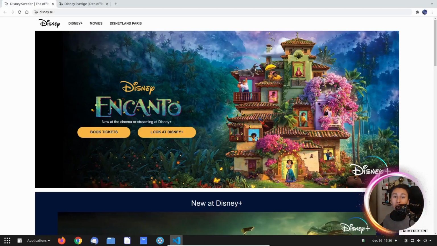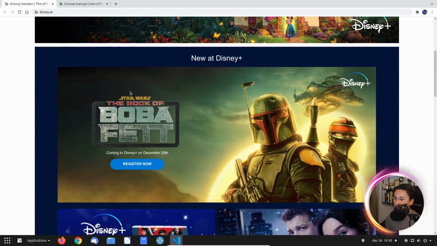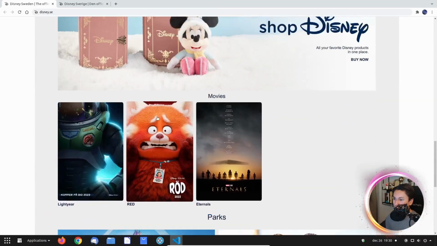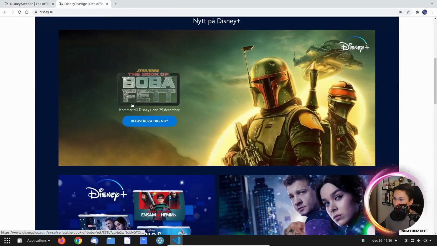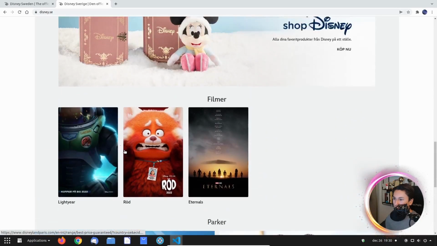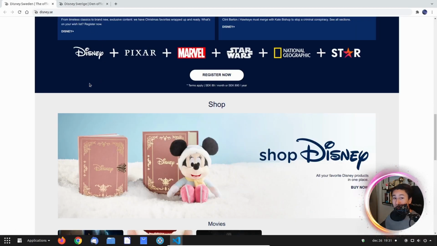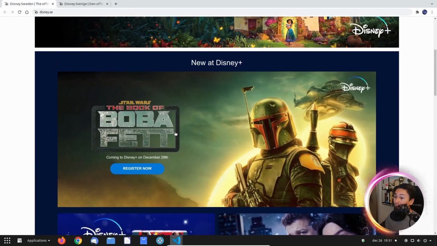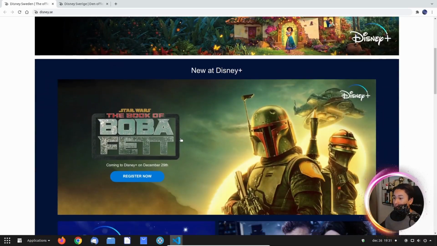Hello there. I have made a Disney.com landing page clone only using pure CSS and HTML. So, if you take a look at these two websites, could you tell which one is the real one? I'm going to tell you which one it is. It is this one. Now I'm going to show you how I made this exact clone and walk through all